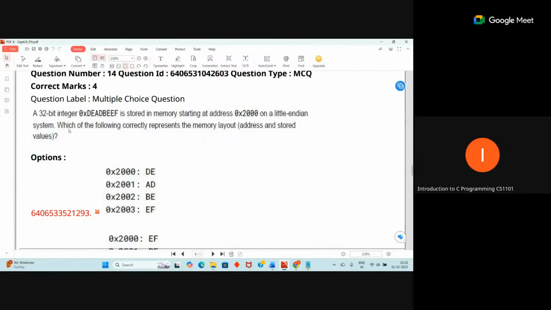So what does little endian system mean? It will start at the least significant byte and go to the most significant byte. Whereas if it is a big endian format, it will start at the most significant byte and go to the least significant. So the starting address is 2000, and in little endian format, first at the 2000 location,